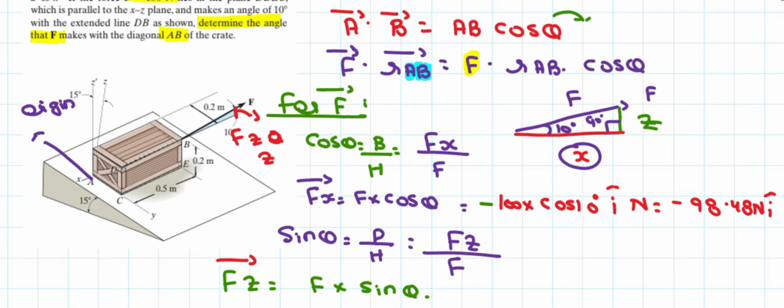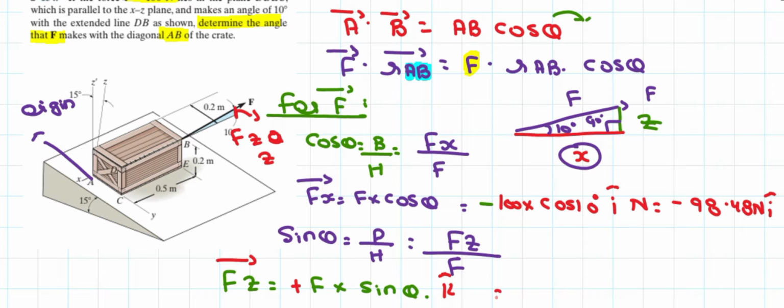So for the Z axis I can put K cap here, and vertically upward is our positive direction, because vertically downward is negative and vertically upward is positive. So Fz is equal to positive F into sine theta into K cap. Why do I write a positive sign here? Because the Fz is acting vertically upward. And second, for the unit vector, any vector which is acting along the Z axis, we write the K cap here.